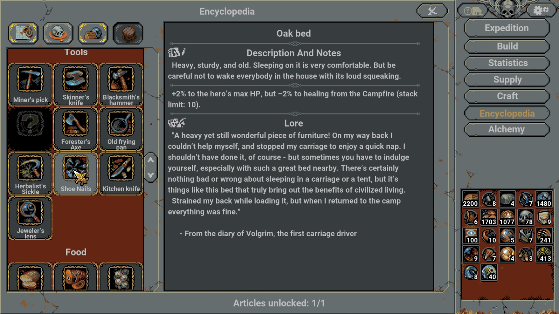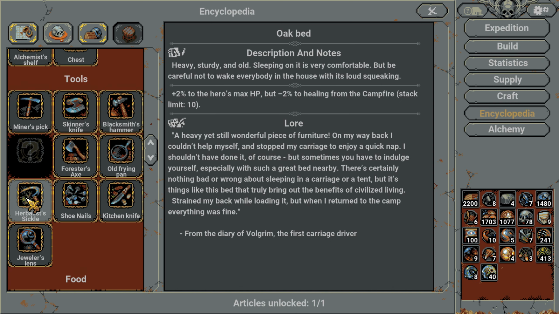Here on the other hand, in the tools section, we want this and this. I mean, this isn't bad, but it's really not what we're after. I think we have more than enough of the forester's axes, the kitchen knives, which we're not even using now, and the miner picks, and the skinner knives. We have tons of all this stuff, I think. I could be wrong, but I think so. I guess blacksmith hammers wouldn't be bad either, so...